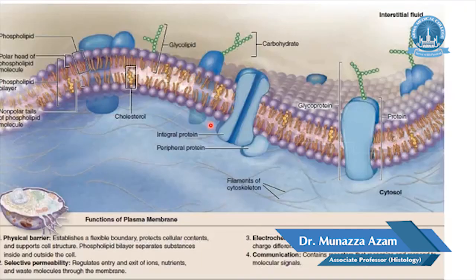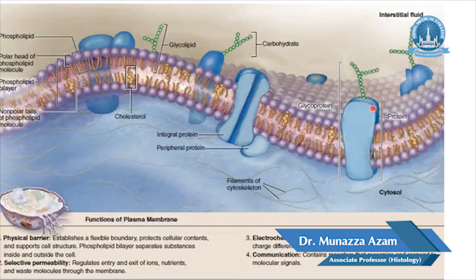So this is just a quick review of the structure of the cell membrane. The cell membrane structure is a fluid mosaic model, and the cell membrane basically contains phospholipids. It is composed of lipids, carbohydrates and proteins. The phospholipids have a polar head and two non-polar tails. Polar heads are rounded globular structures, and the non-polar tails occupy the middle portion of the cell membrane, and in between the structure there is also cholesterol. The second component is the proteins.